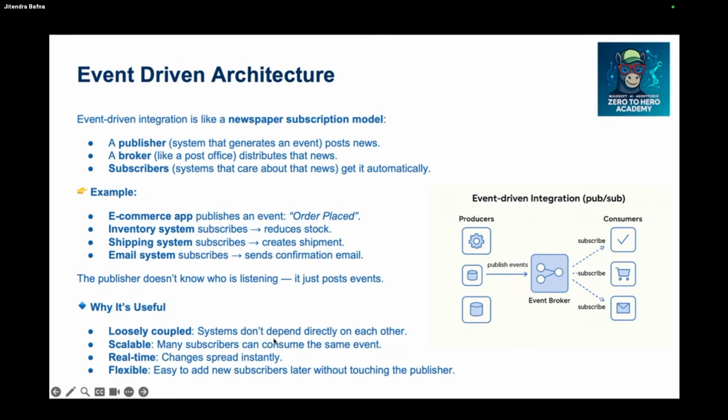It is loosely coupled, as I mentioned. The producer doesn't have information about the consumer, and the consumer doesn't have information about the producer, and you can attach more and more subscribers. Multiple subscribers can subscribe to the same message. It is scalable, so you can definitely add more and more subscribers. And it is nearly real time, though I will not say it's completely real time. It's flexible: you can add more subscribers without touching a publisher, and you can even add more publishers, one, two, three, four, multiple publishers also.